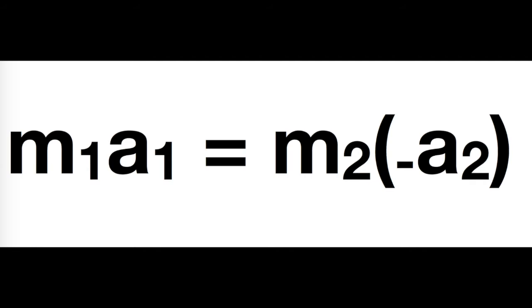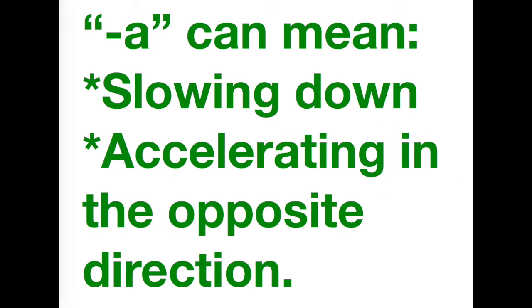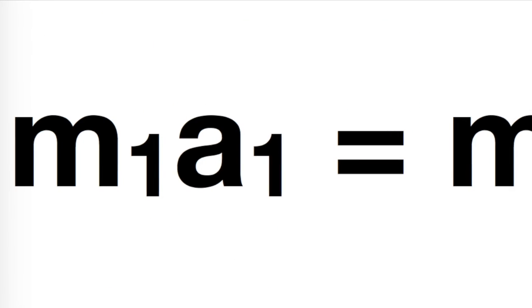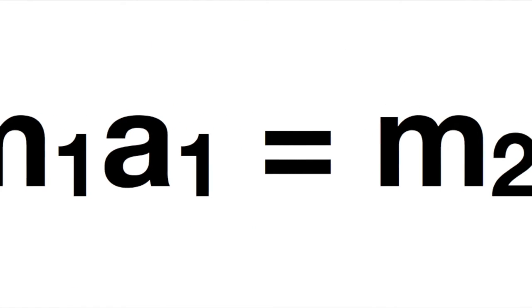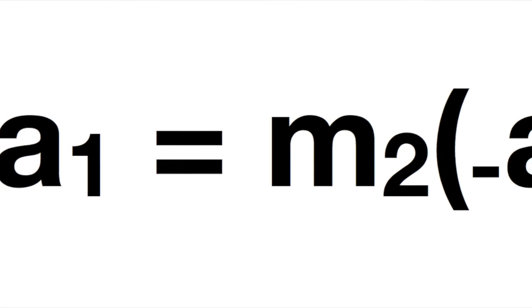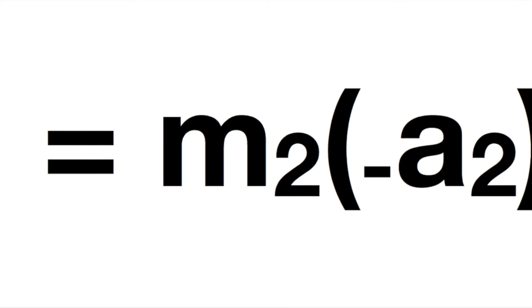m1a1, right, 1 being the object, is equal to m2 times the negative of a2. We put the negative on the acceleration because it's a vector. And in this case, that negative sign is directional. You can't have a negative mass. That's not possible. But you can have a negative acceleration. In this case, it's not slowing down. It's directional. It's in the opposite direction. So you end up with mass 1 times acceleration 1 is responded to with mass 2 times the negative of